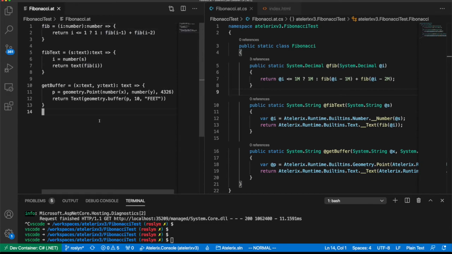Over here on the left, I have my Fibonacci.at file, which is an Atelerix file that contains my Fibonacci functions. And this has got a couple of functions in it for demo purposes. This first one here is what we were just looking at. It's a simple Fibonacci index computer. Then I've got this one called fibtext. Well, it turns out that not all data types can be converted from .NET into JavaScript, and decimal is one